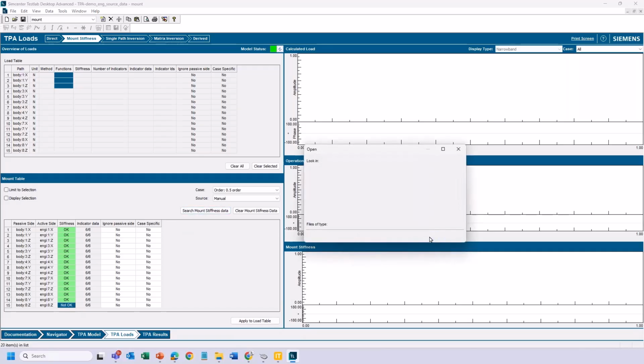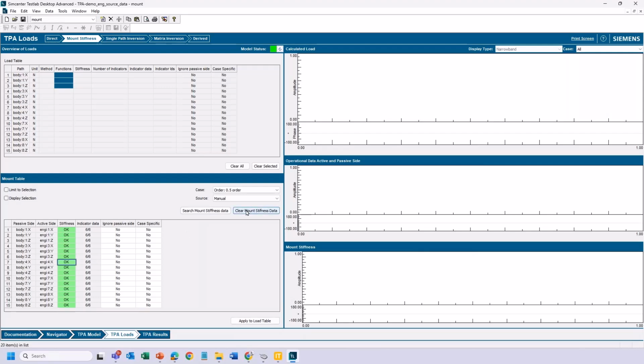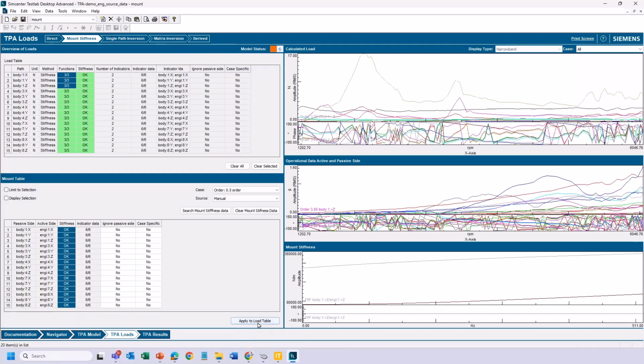Nearly there. And then after you've done this, don't hit the clear data. This is all the mount stuff ready to go. I can say apply to load table. Actually, just select, and then I'll put them all up there. Notice,